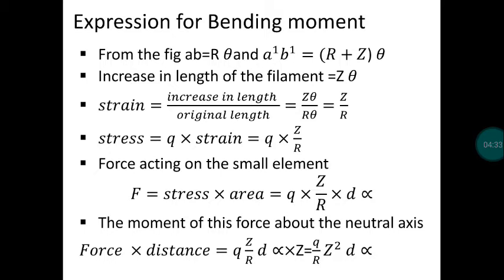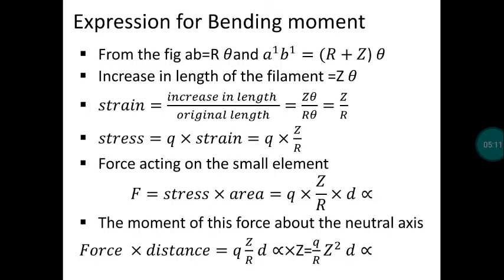From the definition of strain, increase in length divided by original length, Z theta divided by R theta. Theta will get cancelled, therefore strain is equal to Z by R. Then stress is equal to Q into strain, Q into Z by R. Force acting on the small element, F is equal to stress into area, that is Q into Z by R into d alpha. The moment of this force about the neutral axis